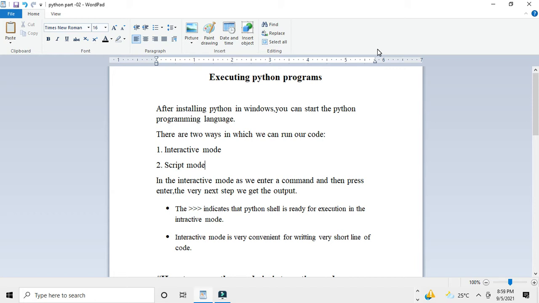Okay, so let's see. Executing Python programs. After installing Python in Windows, you can start the Python programming language. There are two ways in which we can run our code, that is interactive mode and script mode. So what is interactive mode? In interactive mode, as we enter a command and then press enter, the very next step we get the output. This is very easy. In VS Code, open the VS Code, then you will see